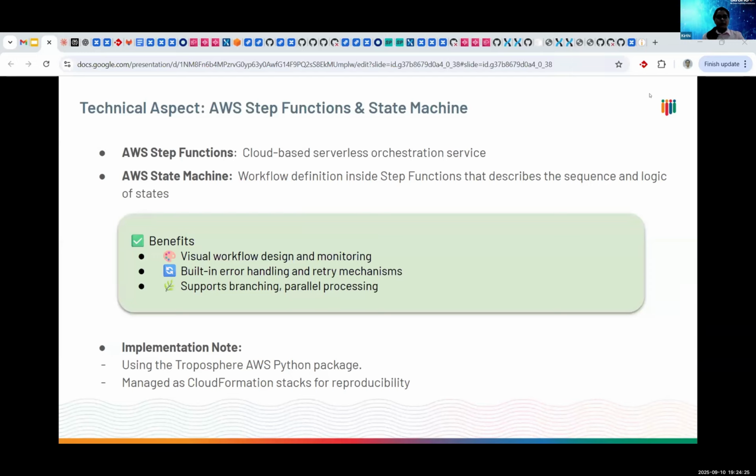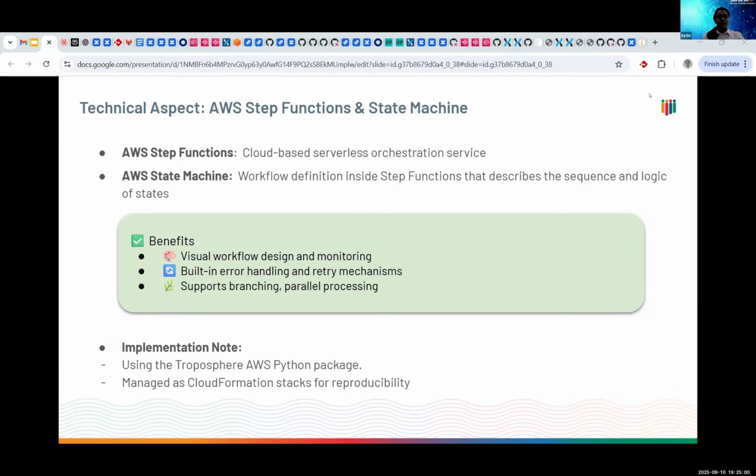Because genomic data processing isn't a single step, right? It includes a series of checks, conversions, analysis, transfers, etc. And with Step Functions, we can trigger the right step at the right time. We can even visually monitor the process in real time. And we can let the system handle all the retries, delays, or ways to handle failures without any manual intervention. So these Step Functions are what make a pipeline a little more automated, a little more robust and transparent.